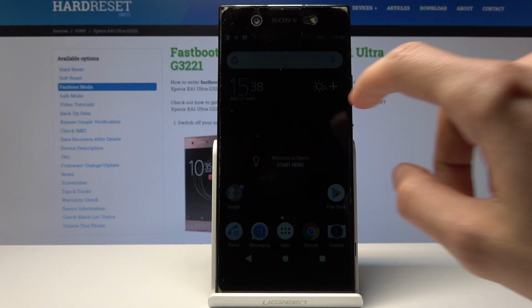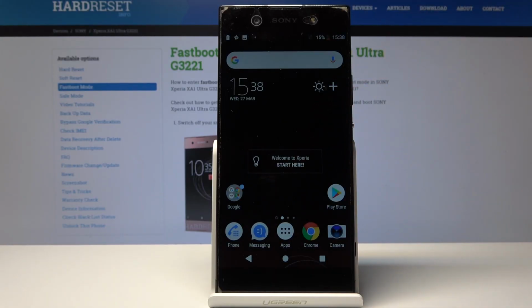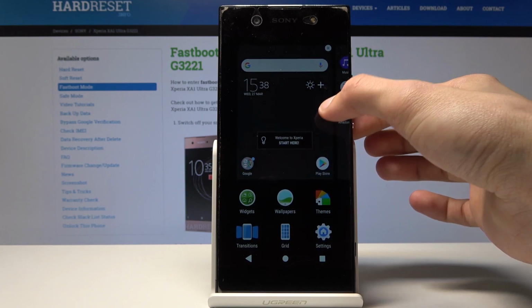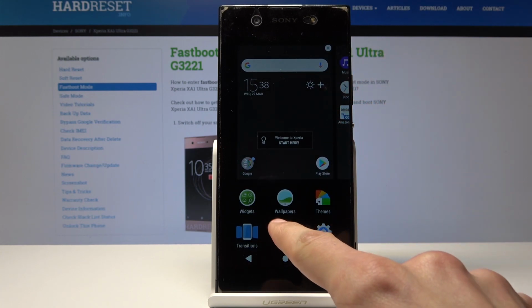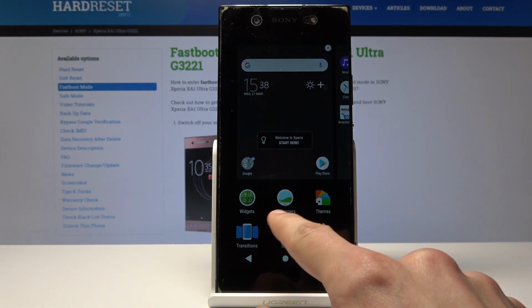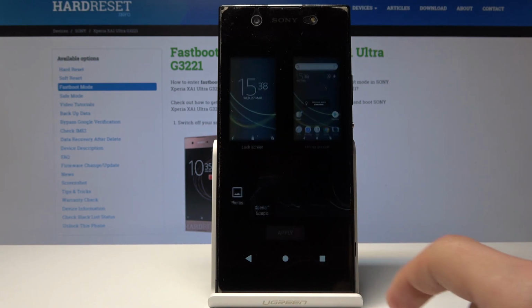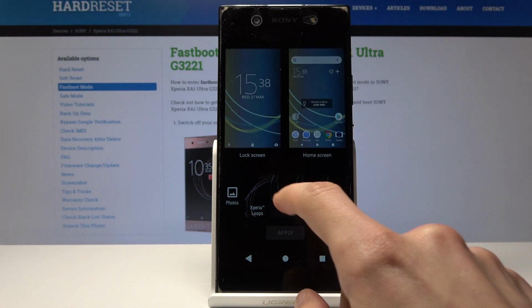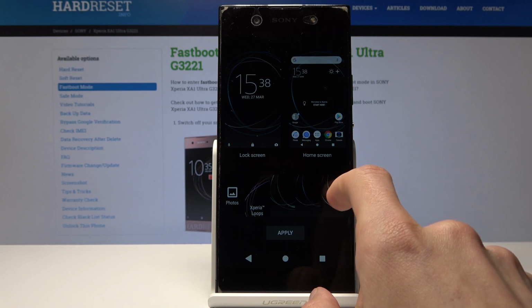Welcome. In front of me is a Sony Xperia XA1 Ultra, and I'll show you how to change the wallpaper. So to do it, you will need to hold the screen, and then you'll see this change, and you can see wallpapers right here. So just click on it,